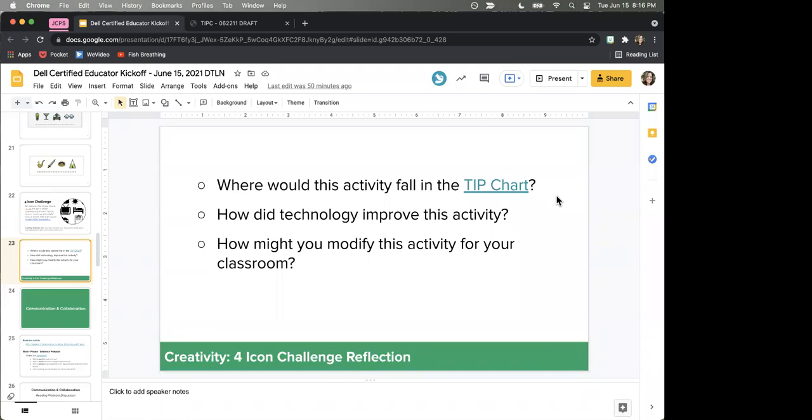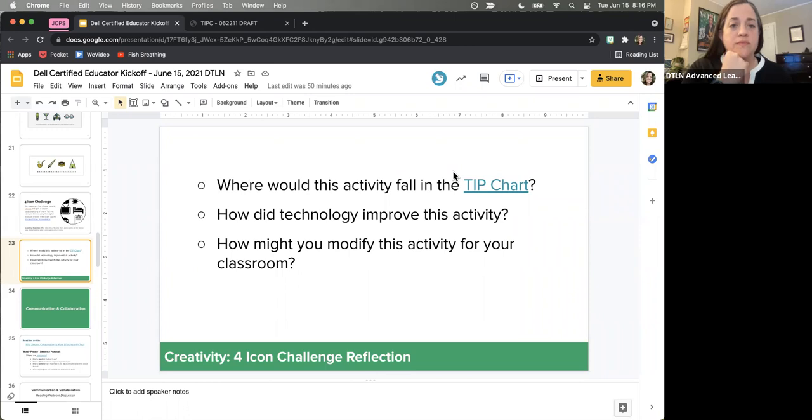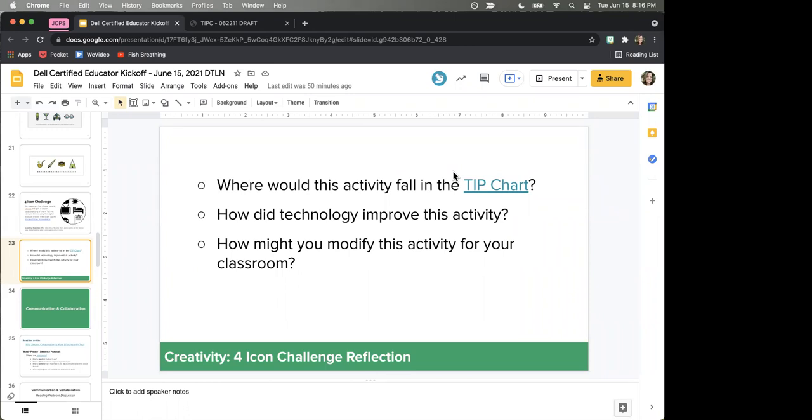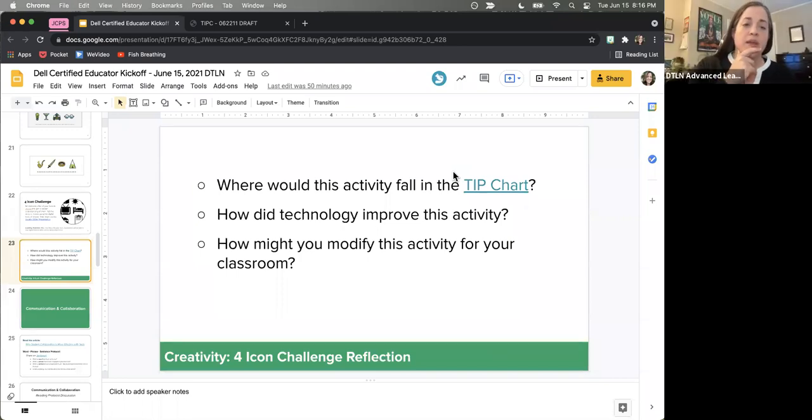And because of the technology, whether they're in classroom or face-to-face or virtual, you can give them these icons via technology, and they can start guessing or can plan something themselves. You can give them some hints to do. Sure. They can be a little more independent if they have a set of icons to work with.